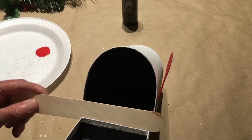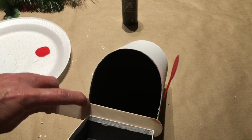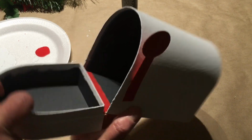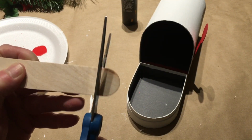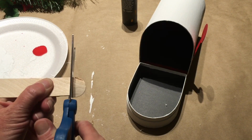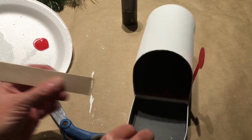Whoops, you can't see that. Put it right in here and just cut that off, and then cut it down here so I can hot glue it on to keep it like this. And the popsicle sticks are very easy to cut with scissors, so I'm just going to cut the circle part off, or end off first, and then stick it in